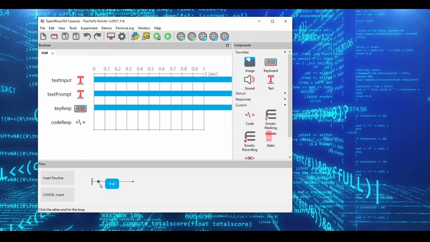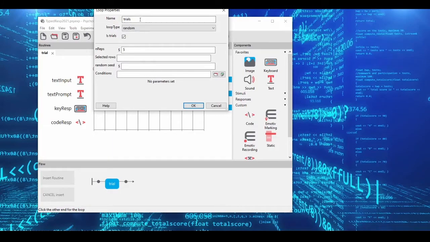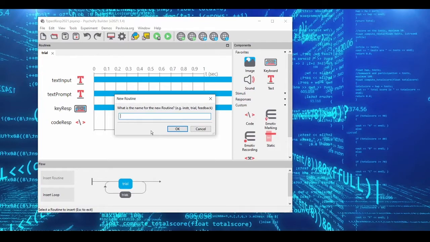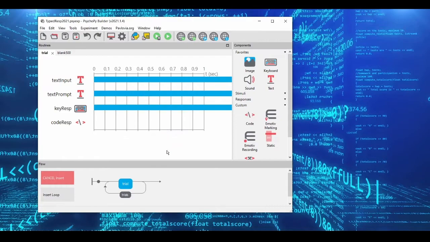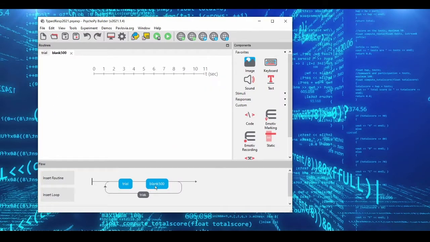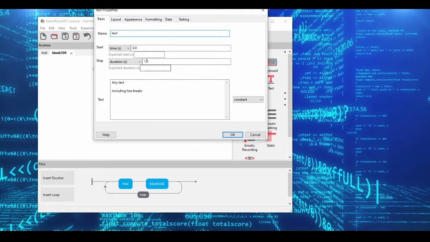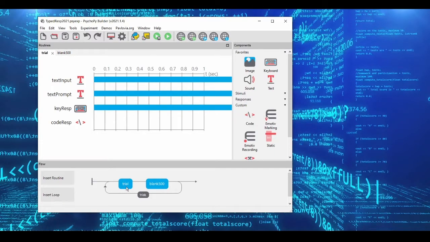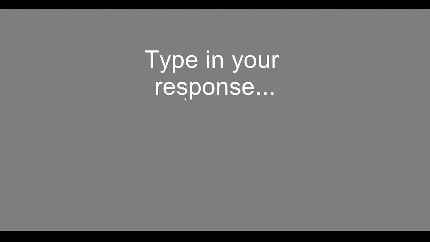We could go ahead and insert a loop here. Let's say that we want to have random, sequential, doesn't matter, because nothing is being selected. But let's say we want to get 5 inputs. And just so we can clearly see the difference between trials, I'm going to insert a 500 millisecond blank period here. So 0.5 and no text. There we go. So let's go ahead and type in 5 digits. So type in your